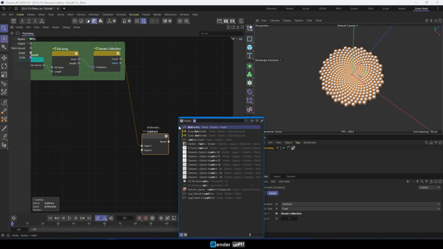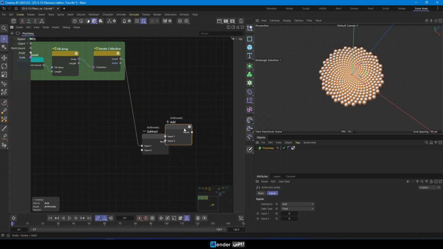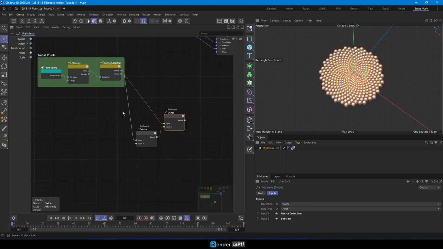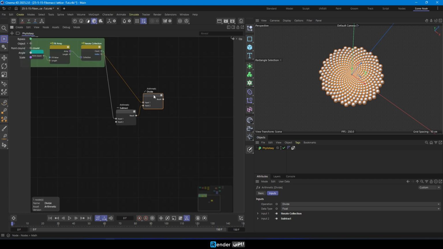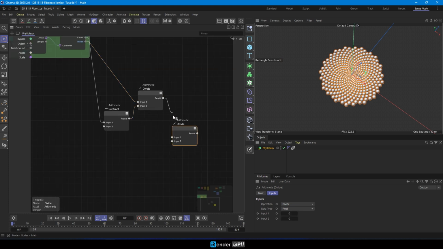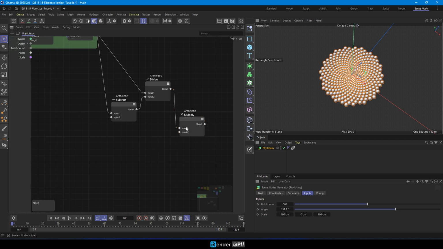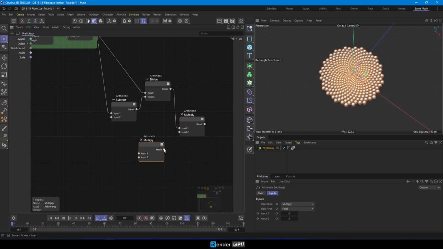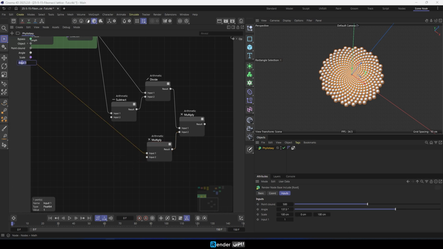Now back to the node space. We will use the arithmetic nodes to find the x, y, z values. Create the u parameter to control the y displacement.